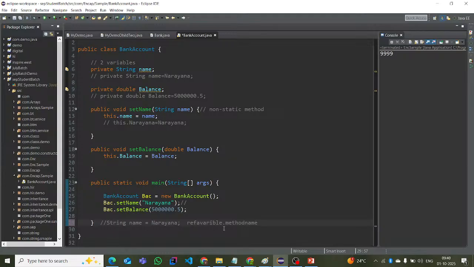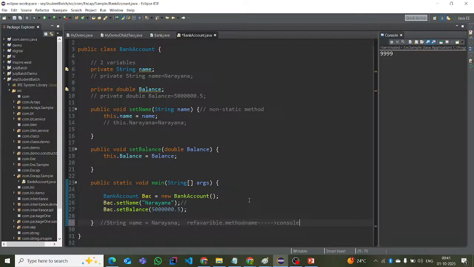If it is a non-static method, we have to call it with the reference variable dot method name. Then it will come on the console. Right? This is the process we know. Now we have one more thing,